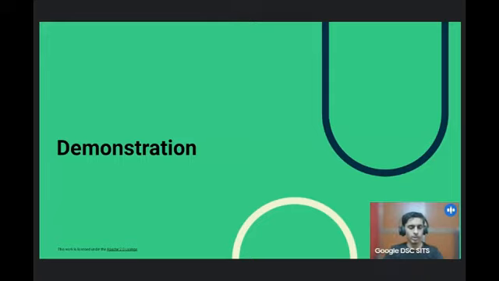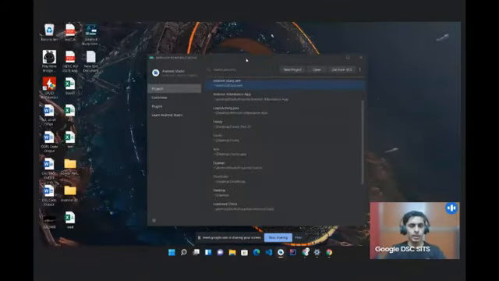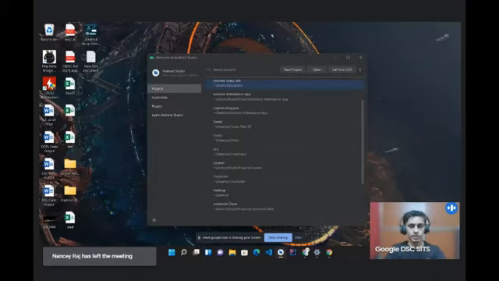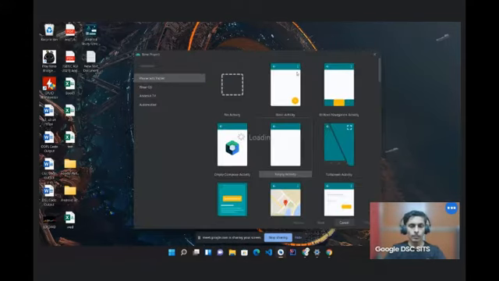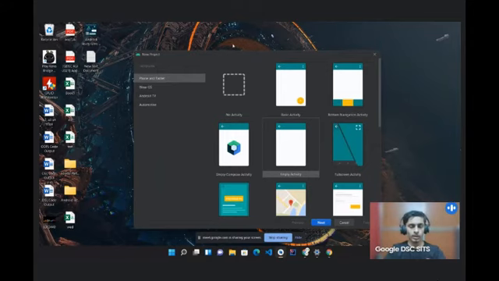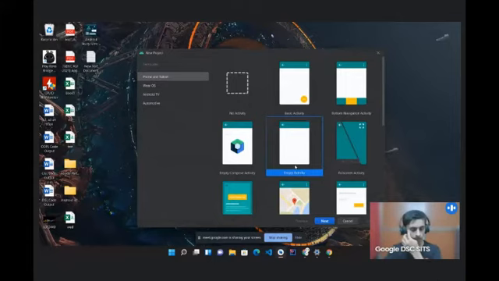So let's see the demonstration of what we just saw. I hope the screen is visible. After opening Android Studio, you will see this window. We'll just create a new simple application. For creating a new project, you have to click here. Also, the instructions to install Android Studio are given in the later part of this course. You can refer to them and install Android Studio accordingly.